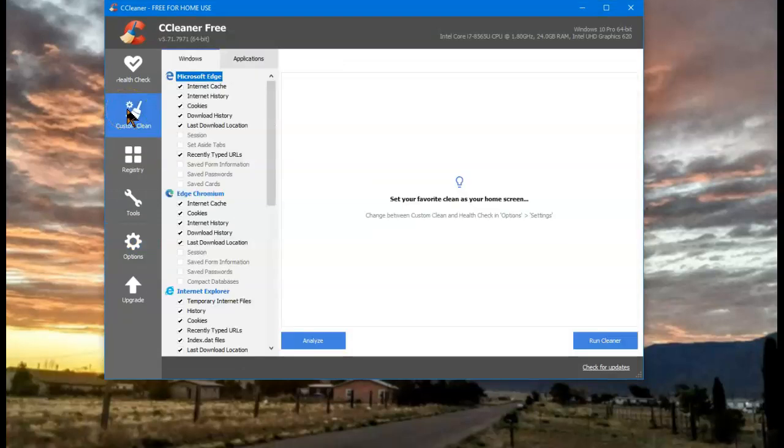You are now ready to use Ccleaner, and I recommend that you use the default settings. They're perfectly safe. They'll clean out all the garbage for you, and you'll have probably a slightly faster running computer. That's it for the settings changes and the